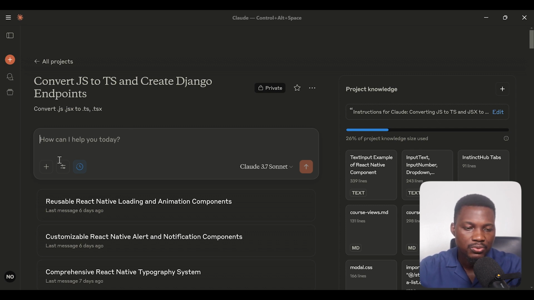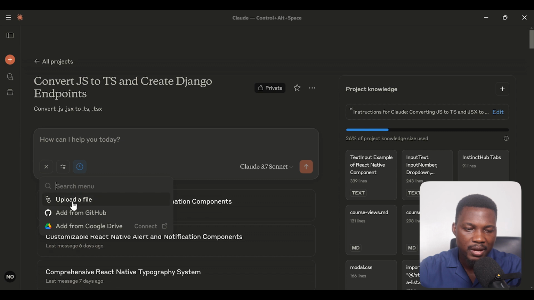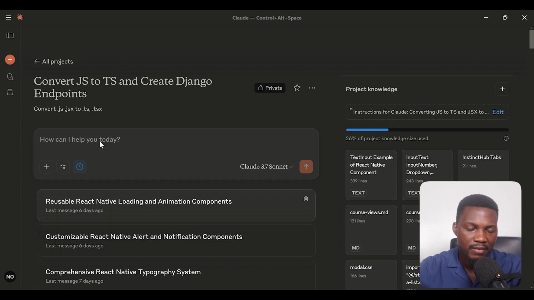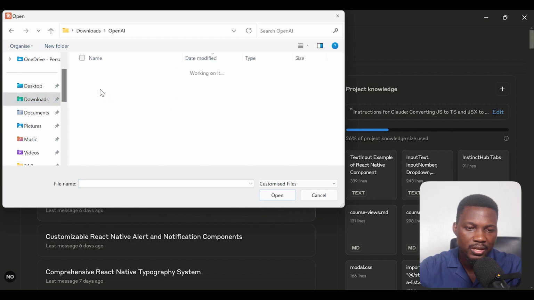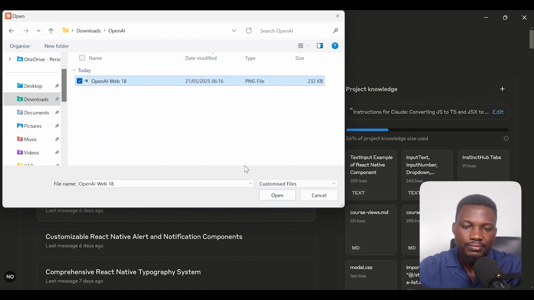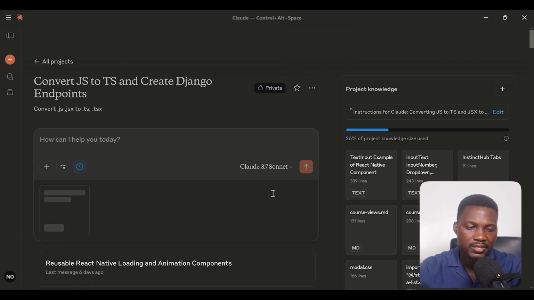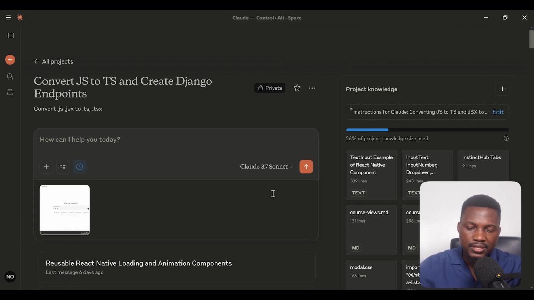That's what you're seeing right here. So what I need to do is to navigate to where I have my file. So I have it in my download folder, OpenAI, then this is it. So what I can do here is I've uploaded it. The next is I want to give you the instructions to do a couple of things. So I would say create this component. Then I would tell it that if possible,